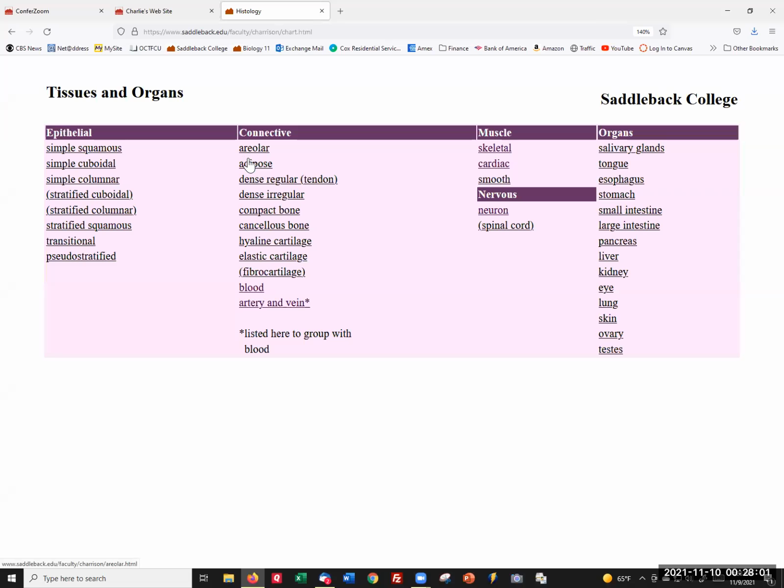Then the connective tissues are over here. Those in parentheses, I'm not going to do. You've got two over here, stratified cuboidal and stratified columnar, in parentheses. I'm not going to ask you anything about those. Doesn't mean the curious person won't want to know. I'm not going to ask fibrocartilage. I'm not going to ask the spinal cord, but that's it. The rest of the material I am. Okay, so